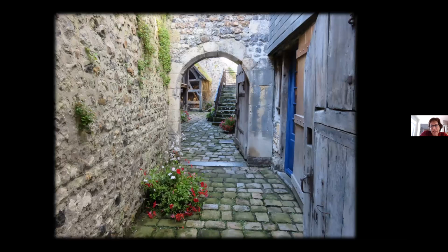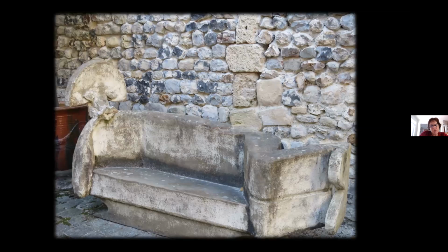This is a walkway leading from the street to a home in Honfleur, and it was just so picturesque to look at. Now, this bench was in a courtyard into which our guide took us while we were on our walking tour of Honfleur. And it's really unique and very fitting for a town where Impressionist paintings were noted, because